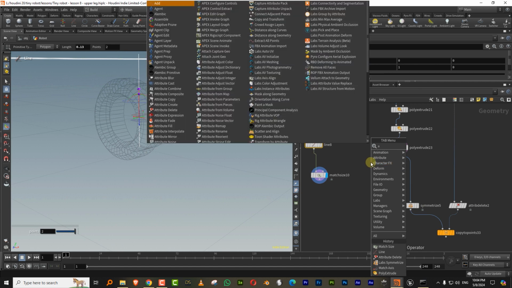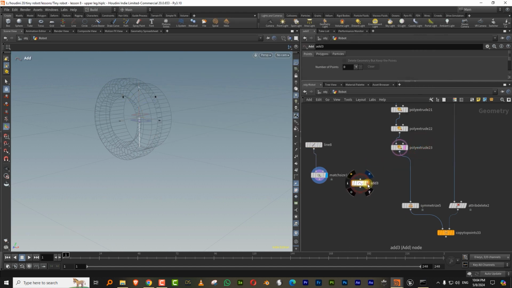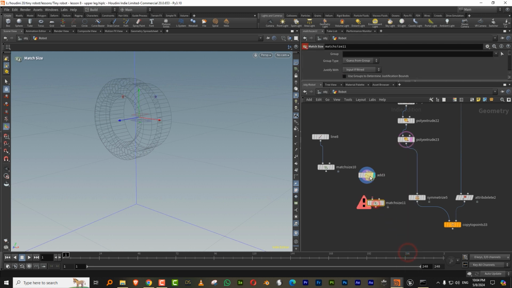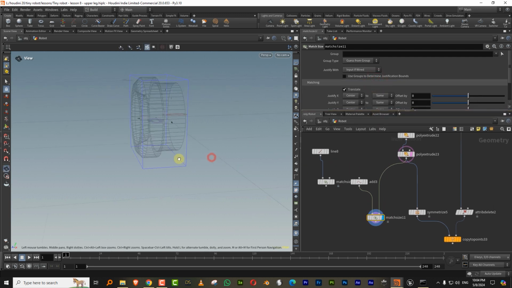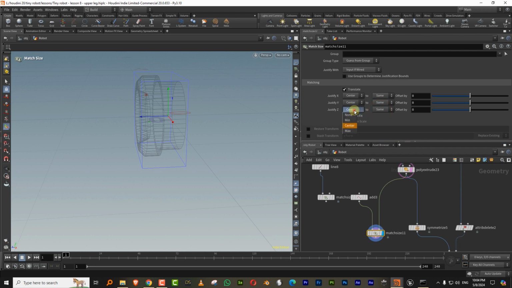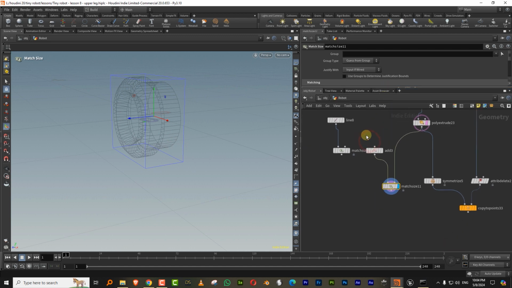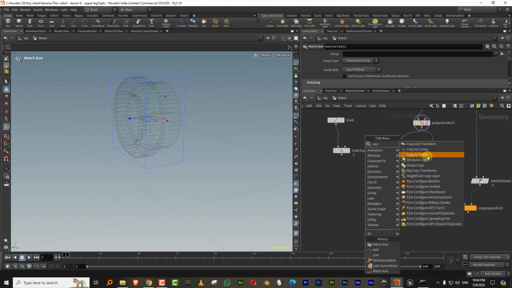And then we add a point, take another match size. This is a good way to just find centers of objects, or wherever you want to place them. And yeah, so this won't be in the center. I can set it to max in the Z axis, but a little bit towards the inside. And then you can just do a copy to points